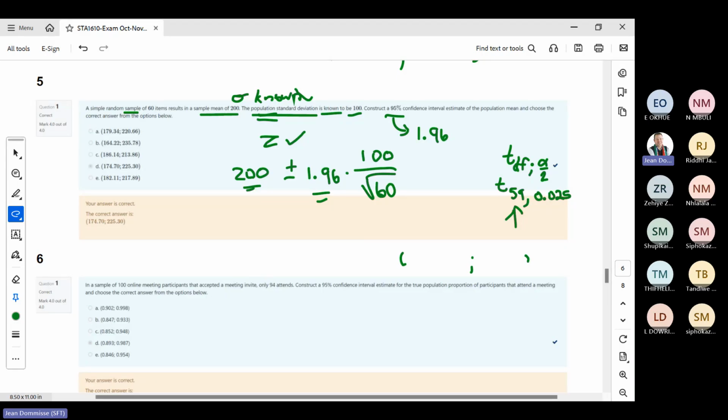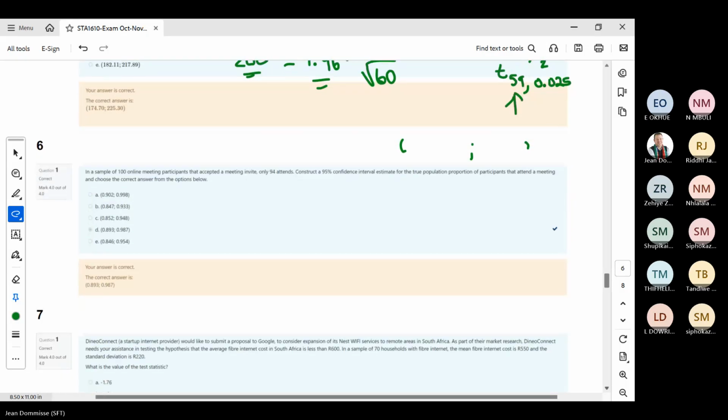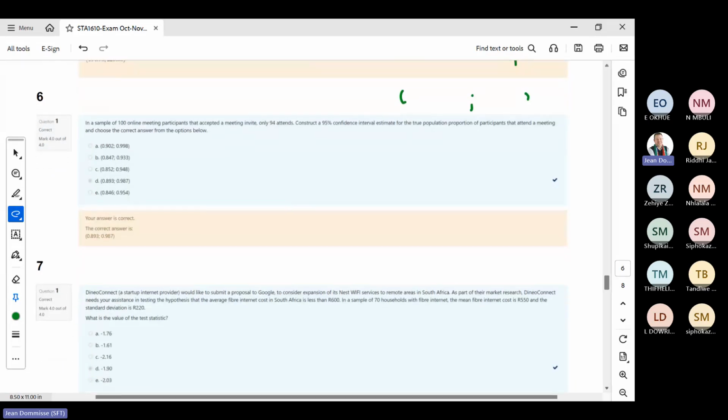It just works like that. If you add the 2 and you divide by 2, you will get 200. Your mean will always be in the middle of those two. So just again, if there's some weird answers that one gets. Okay, so